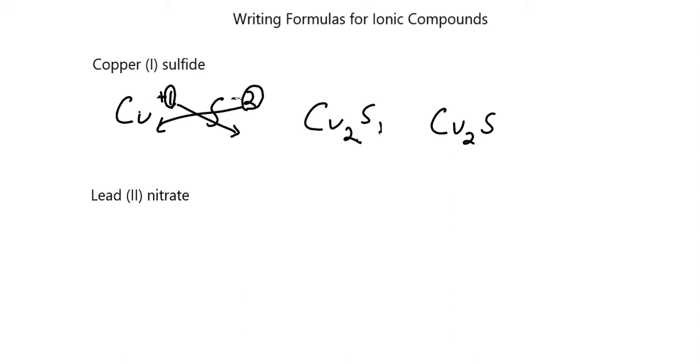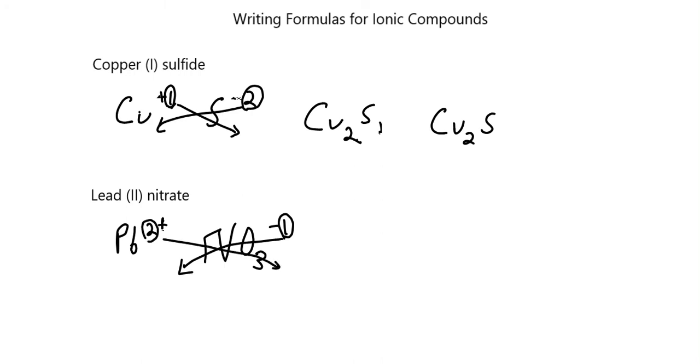If we look at our last example here, lead 2 nitrate, it's even more complicated because nitrate's one of those polyatomic ions. So the lead 2 tells us that we're dealing with the Pb2+ ion. The nitrate ion, it's just one of those you're going to have to memorize. NO3 -1. So as we swap those values without the charge, we arrive at a formula of